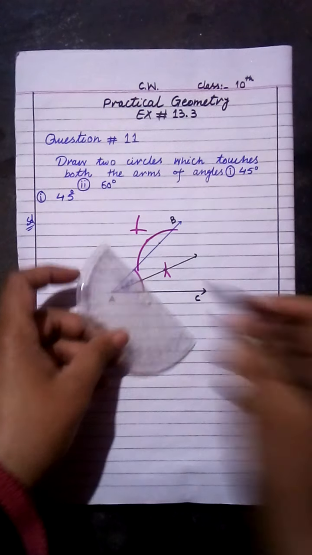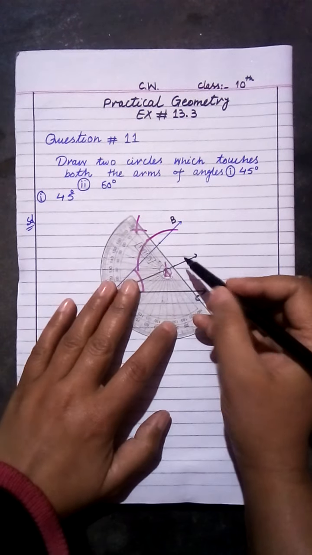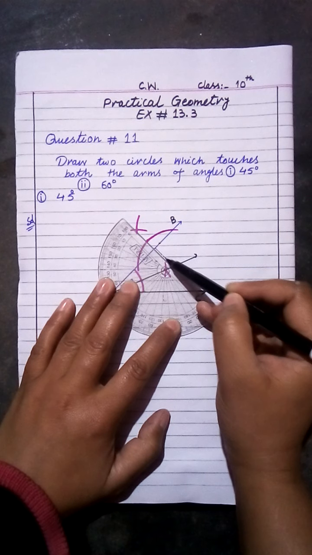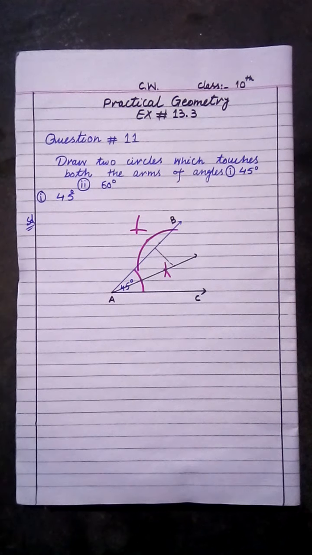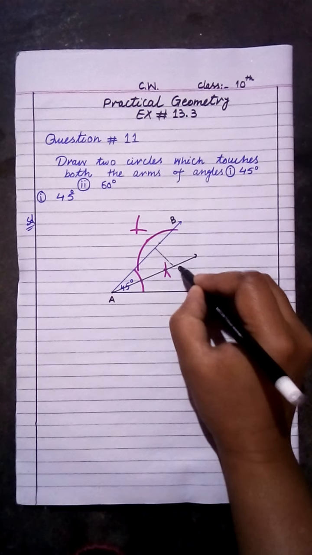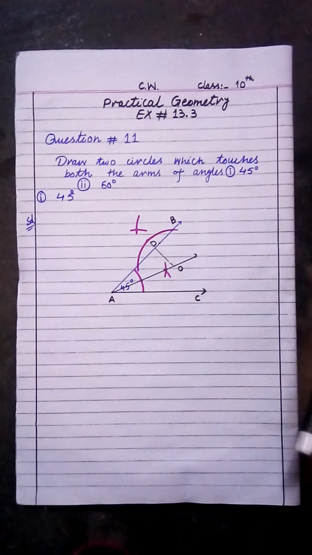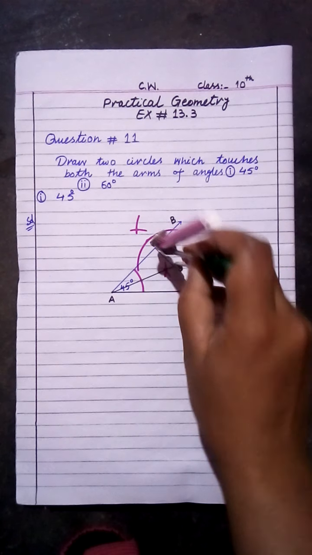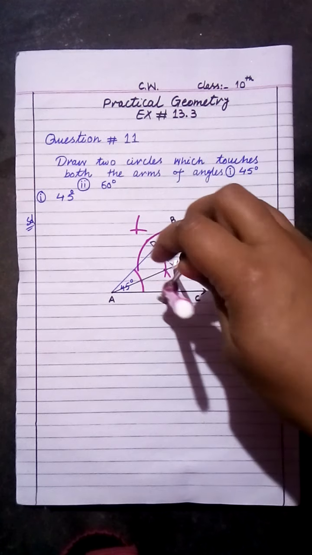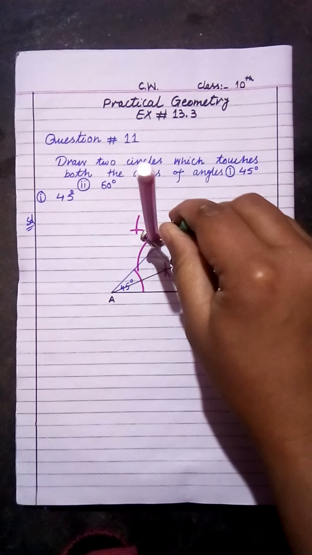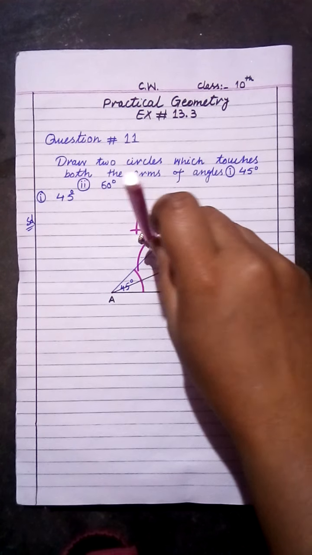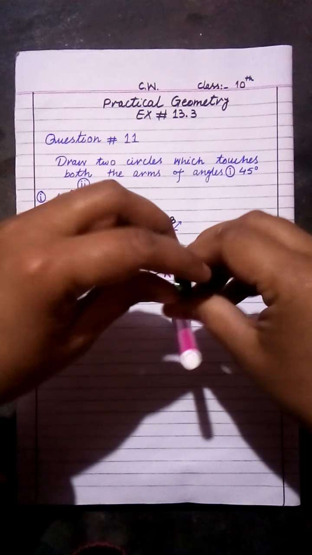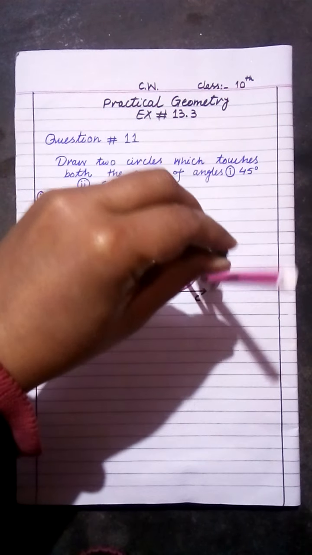Now you have to join. That was the point. So you have to join. You have just taken the radius like this. That is the radius. It is named O and D. OD is the radius. So you have to open the compass from O to D. Now you have to draw a circle. Open the compass from O to D. So let's see. Now you have to draw a circle which touches the arms of the angle, like this.